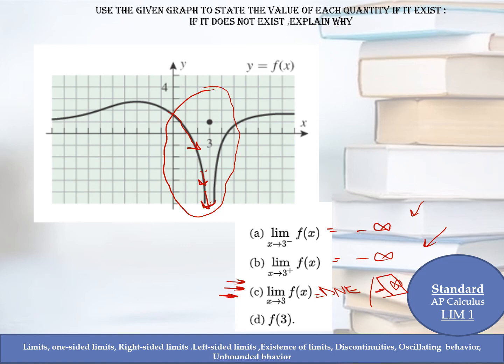Now what is f of 3 equal to? So you will see the point, only the point which is shaded. So you will read that this is equal to